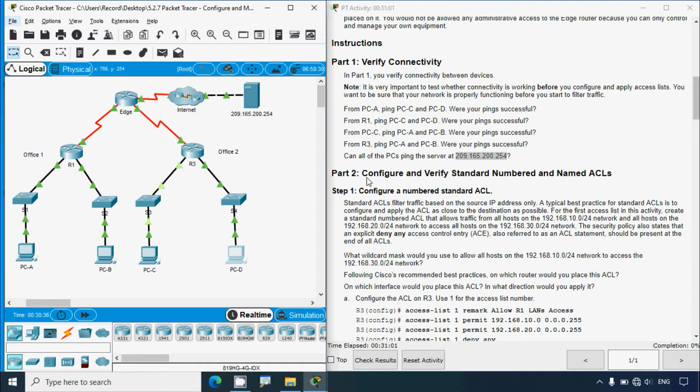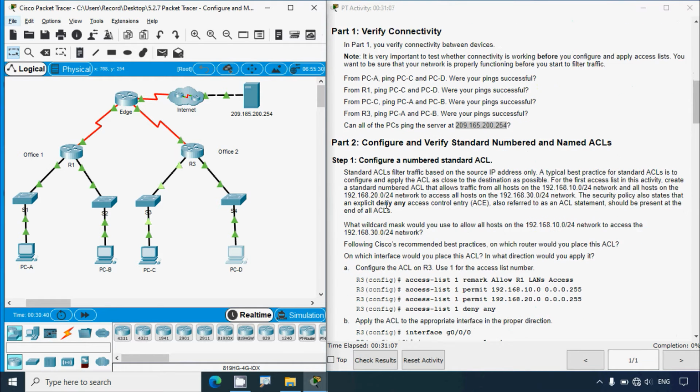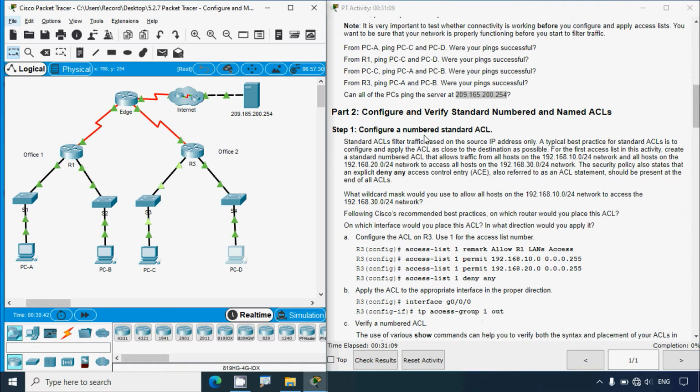Coming to Part 2, configure and verify standard numbered and named ACLs. Step 1, configure a numbered standard ACL. Standard ACLs filter traffic based on the source IP address only. A typical best practice for standard ACLs is to configure and apply the ACLs as close to the destination as possible. For the first access list in this activity, create a standard numbered ACL that allows traffic from all hosts